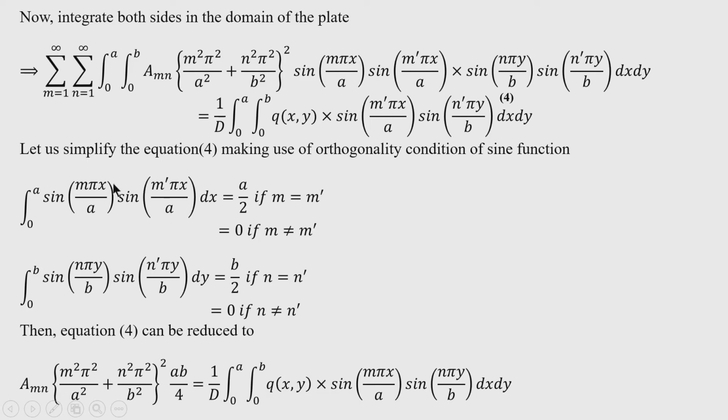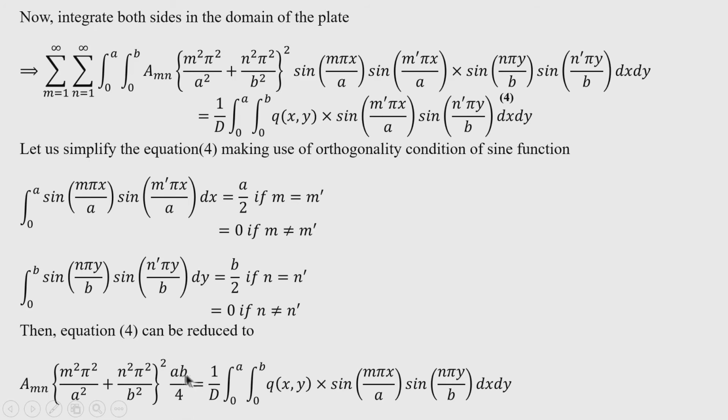Without this orthogonality property, this Navier method cannot be formulated. So, the orthogonality property of the sine functions is utilized here, and then we get the a m n coefficient as a m n into m square pi square by a square plus n square pi square by b square, whole square,